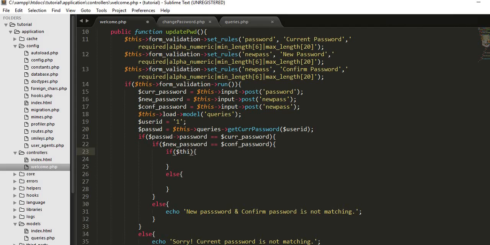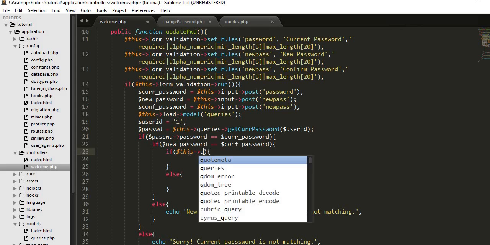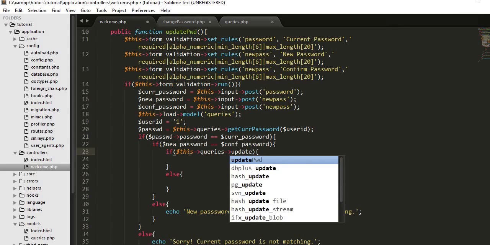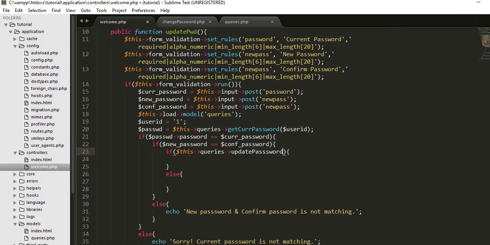Dollar this, queries of update password, and for this we need to pass the new password and user ID. Copy. Okay,